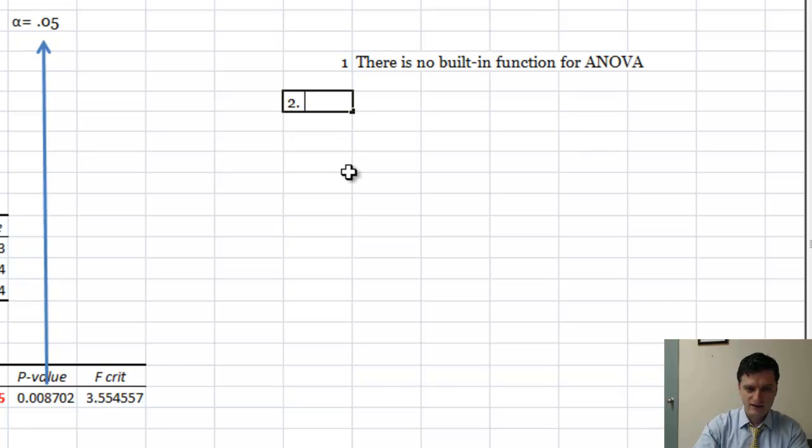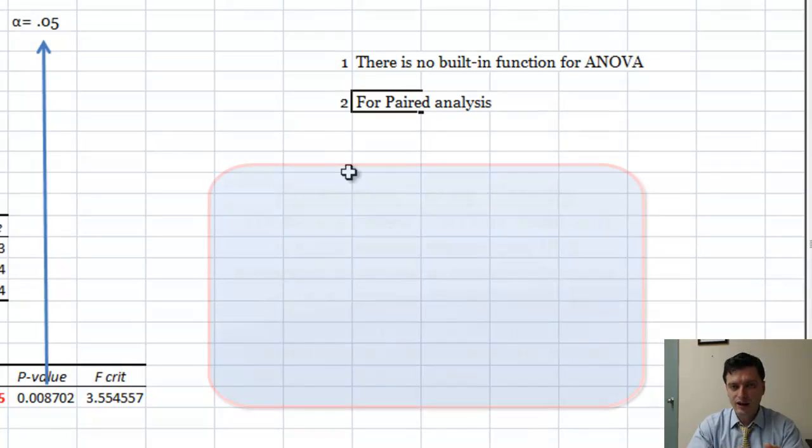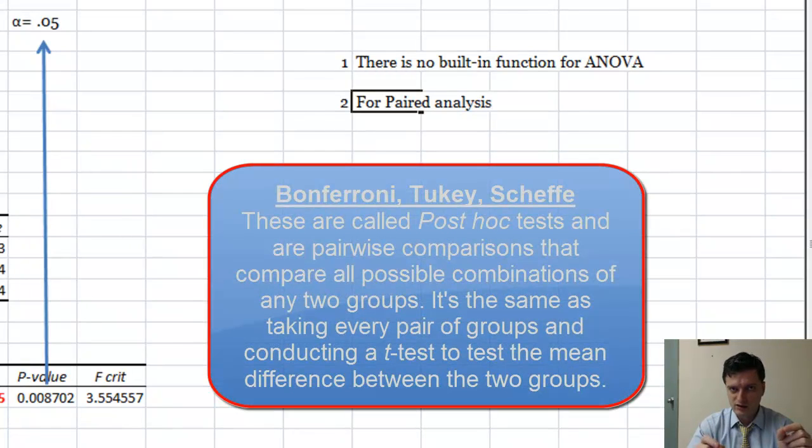The second thing is that for paired analysis, such as Bonferroni, Tukey, or Scheffé, which is finding out which one of the pairs of these groups actually is or is not significant, in Excel you have to really go beyond Excel Advanced and use some really sophisticated formulas that I am not going to cover in this podcast. Okay, so in this podcast, I showed you only how to